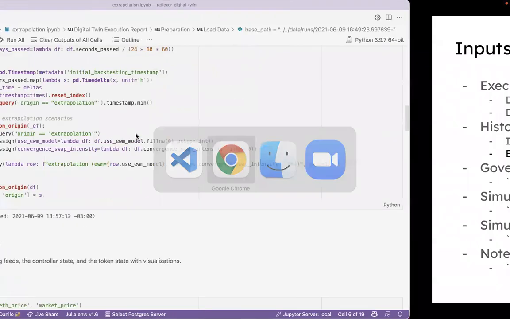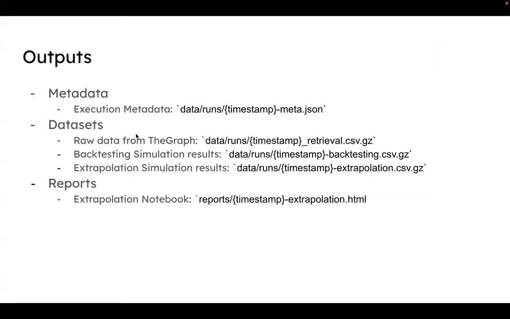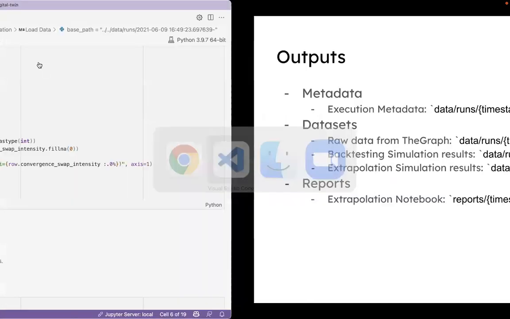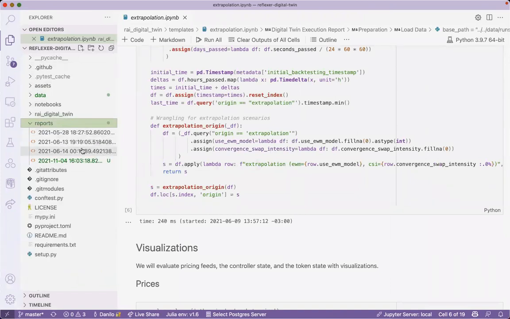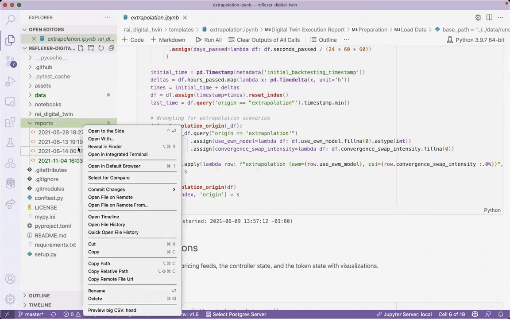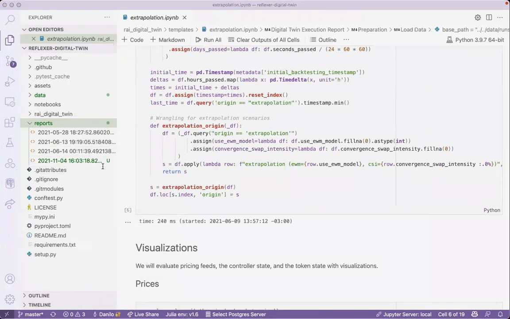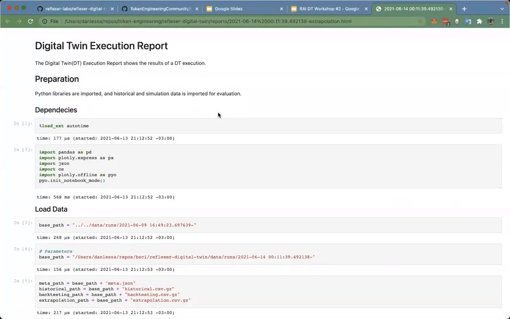Given those templates, a natural place to start going over the output is the reports. I already went over some examples in the last workshop, but let's go here again. Let me open this one. This is the exact same template, but it was run at other moments.